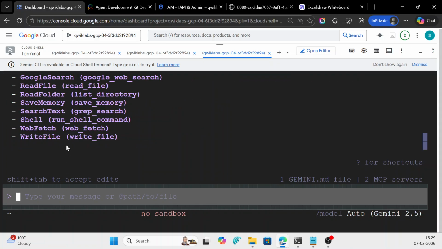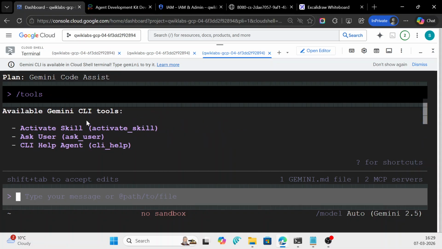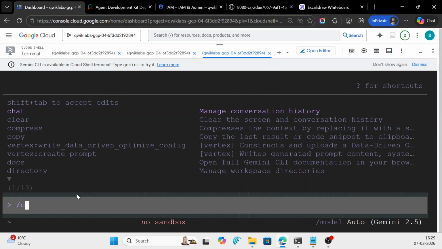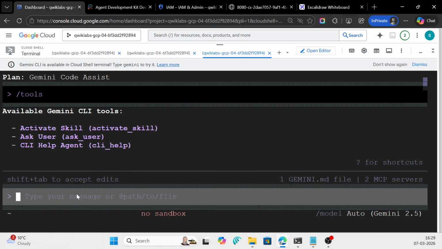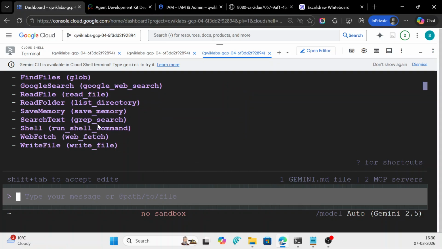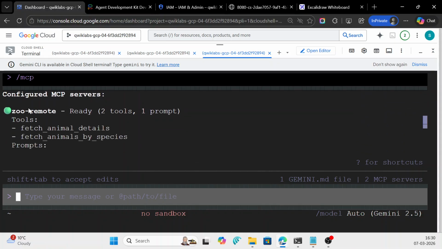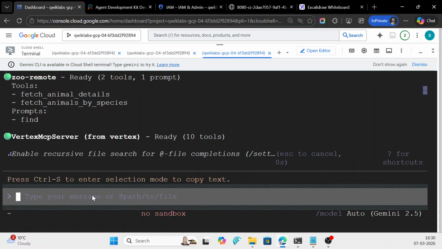Okay, here these tools are available. In Gemini CLI tools, let me search MCP, and if we find MCP, then good. Okay, we can see this thing is available. Now, if we ask this question where I can find penguin, then it must be able to